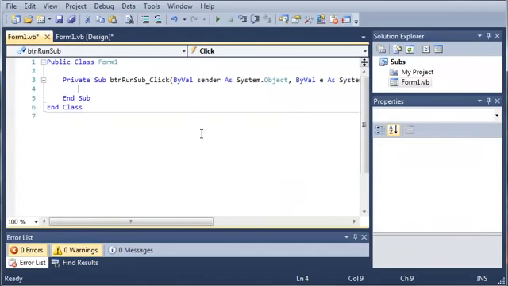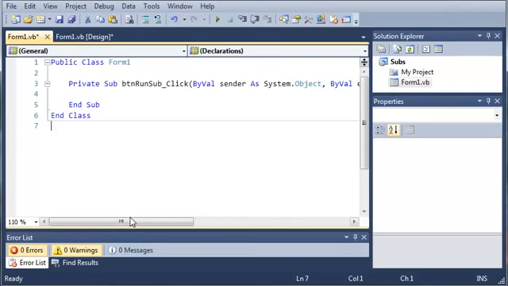Now let's go ahead and double click on run sub, and you can see here that it opens up the event handler for button run sub. Now if you still don't understand event handlers, that's perfectly fine. We're going to be covering them a couple tutorials after this one. So what we're going to do is we're going to come down below button run sub, and we're going to